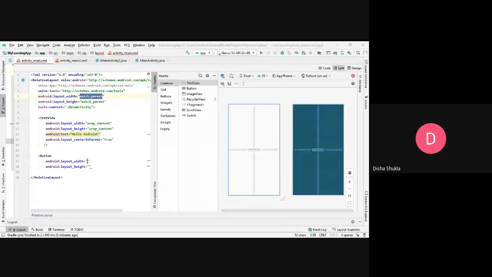Besides that, we have the height equal to match parent, so that means the height of the relative layout would be equal to the height of the activity. But by default you get three options over here. If you click Control Space, you will get an option menu. Now it has two options. The third one is now deprecated, so we don't generally use it. So the two things we have are wrap content and match parent.